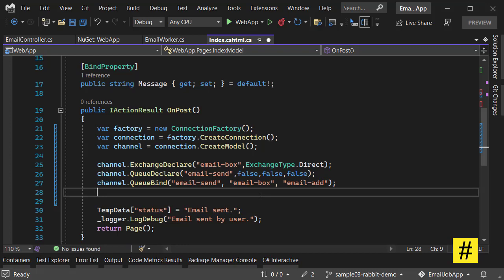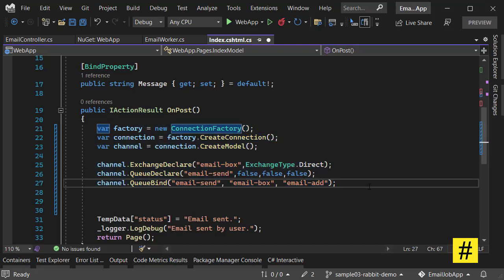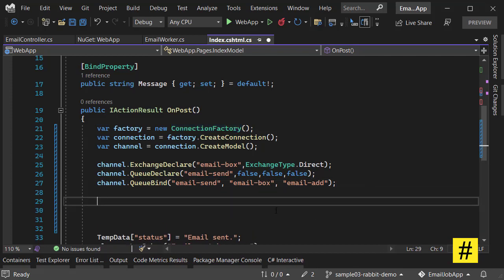But in direct messaging, there is not much use to binding, because you have one exchange, you have one queue, and you just want to work with that. But in other exchange types like fanout, headers and topics, binding is necessary. So we have the basis for our connection to RabbitMQ, and now we can send a message